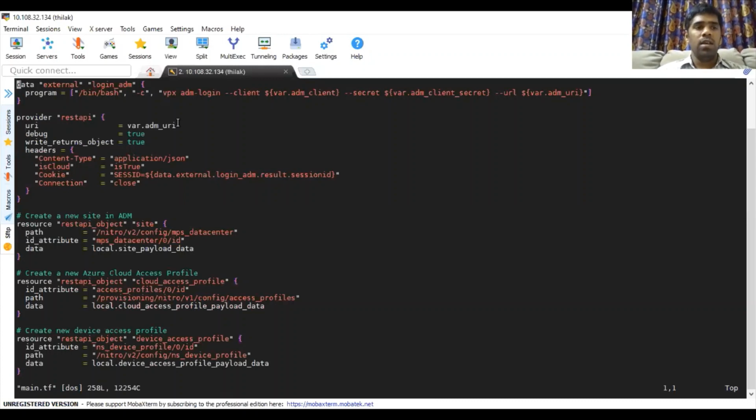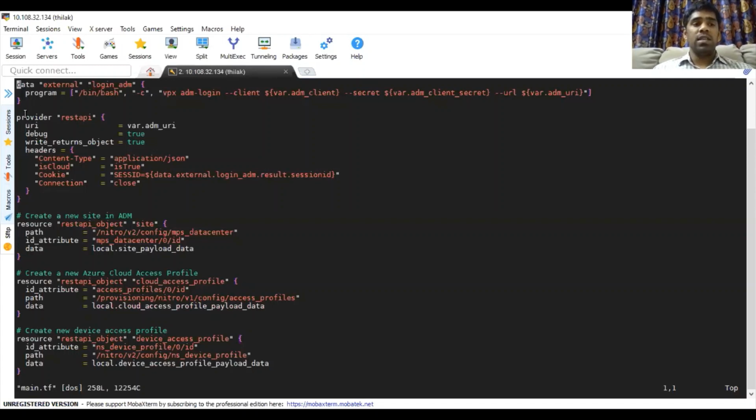As you can see, first we are logging into the ADM using an external call with Terraform. We are using a Python library to call the ADM login API, and we pass the required variables to the Python using the Terraform variables like ADM client, ADM client secret, and the ADM URI.